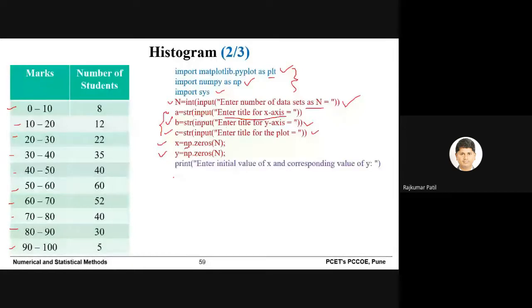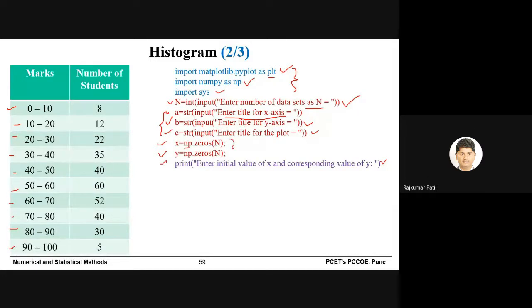Then we will print a line, enter initial values of x and corresponding y values. We are writing this line so that when it appears on your screen in the output window, you will understand that you now have to enter the values of x and y one by one.